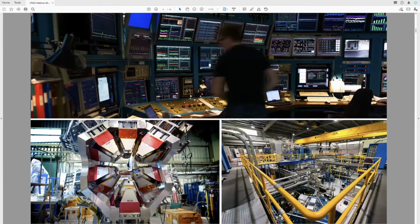Now about Triumph. Triumph, established in 1968, is Canada's Particle Accelerator Center, a multidisciplinary hub for discovery and innovation, also known as Canada's premier physics lab and a world leader in particle physics for science, medicine, and business. It is operated by 21 universities and located in one of them, the University of British Columbia, where we host